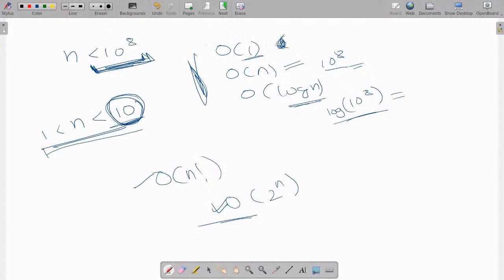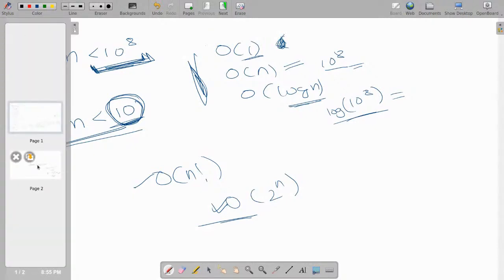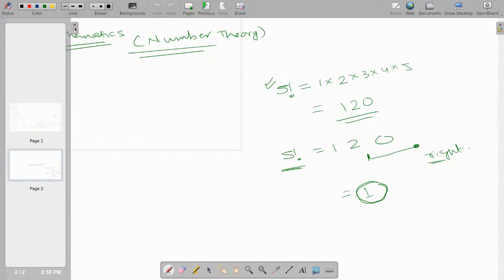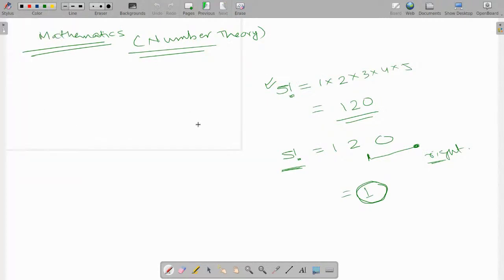Okay, so we were discussing how we compute the complexities and why we should check complexity before coding any solution. So let us go back to what we started a few times back. So today's agenda is number theory, and as I was telling, to find the factorial of a number